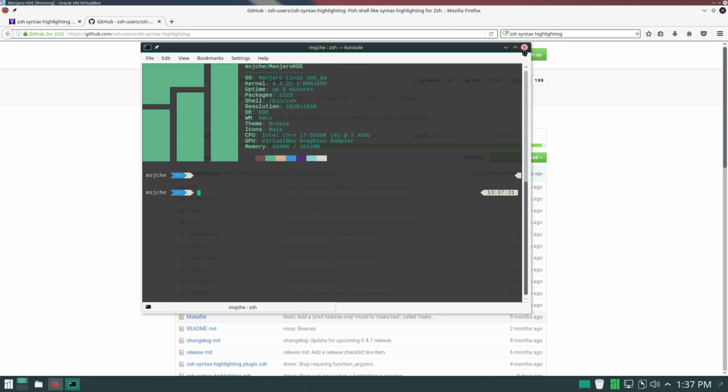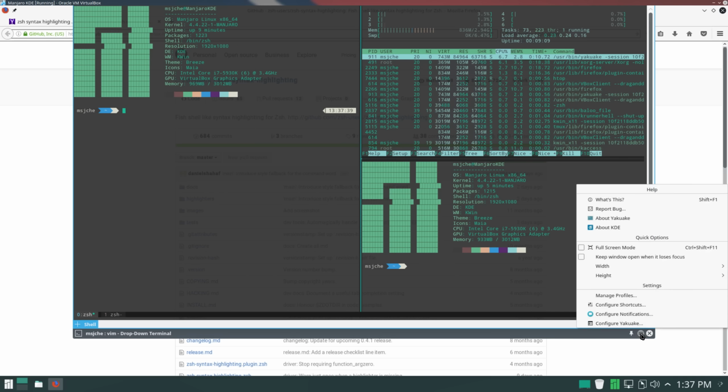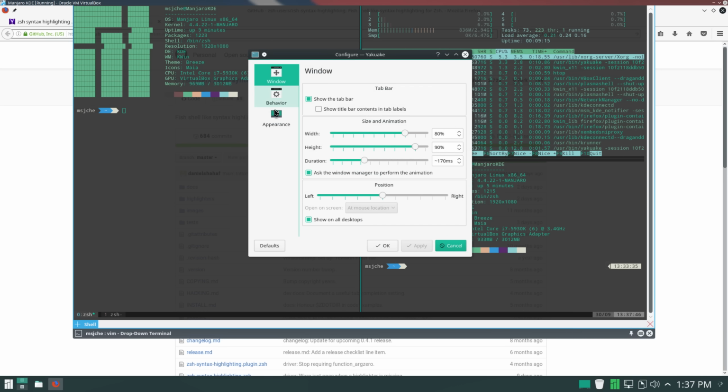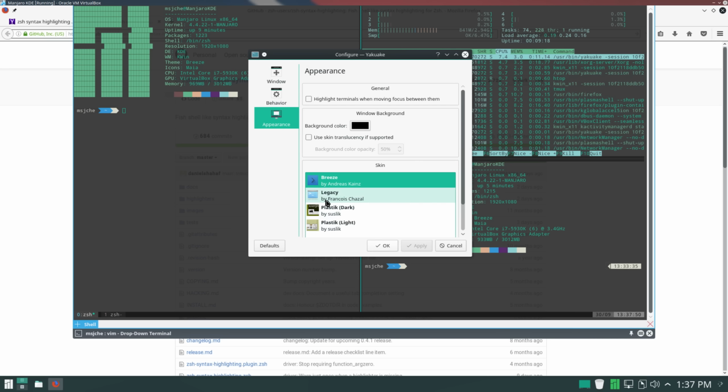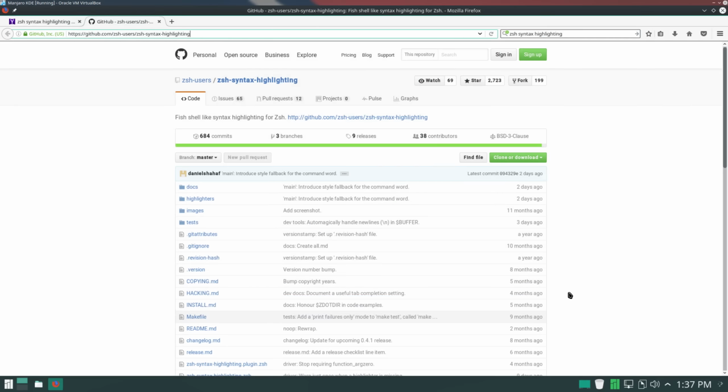Looks good in that terminal, and kind of good in this one. I don't know, there's something a little funky here. It's like it's not updating. Anyways, you can play with these as well. But anyways, let's close it